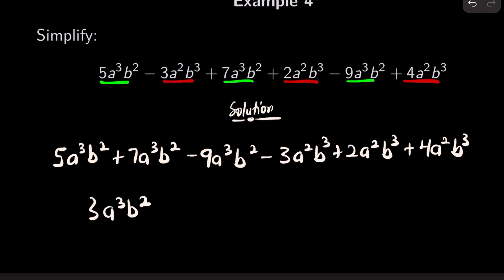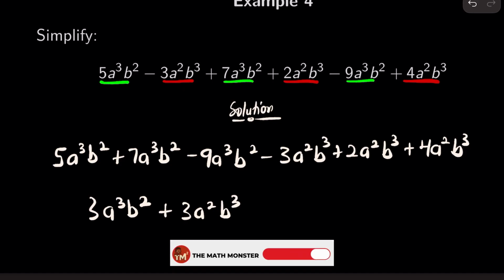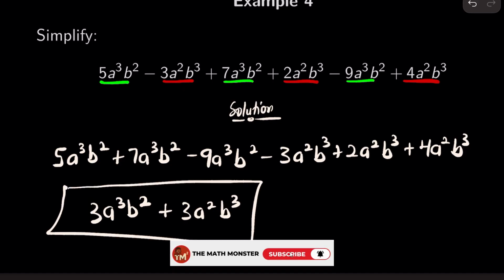Now let's move on to this one. We have minus 3 plus 2, that's going to give us minus 1. Then minus 1 plus 4, that's going to give us 3. So that will be plus 3a squared b cubed. And so this is the simplified expression for the